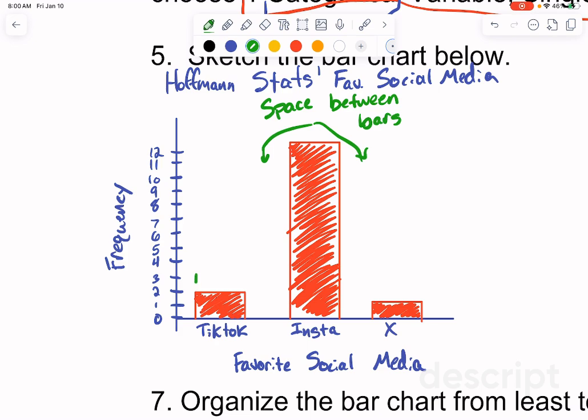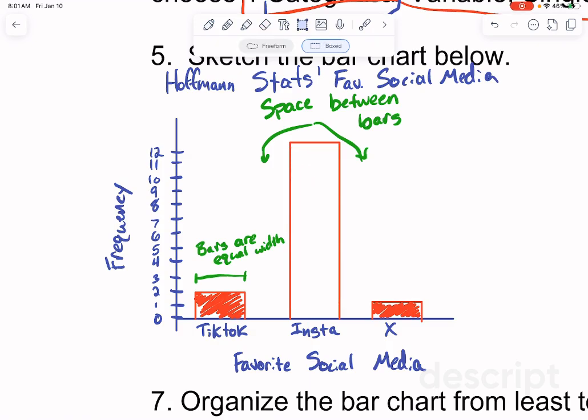The other important thing is that the bars are equal width. So imagine for a second that instead of having an equal width bar for Instagram, I instead just made it really small. I guess that's not going to do it. Select that. Yeah, so I just make it a little thin little bar.